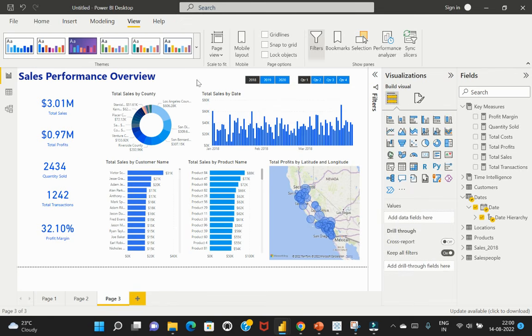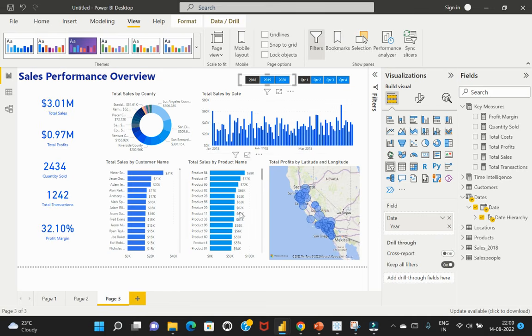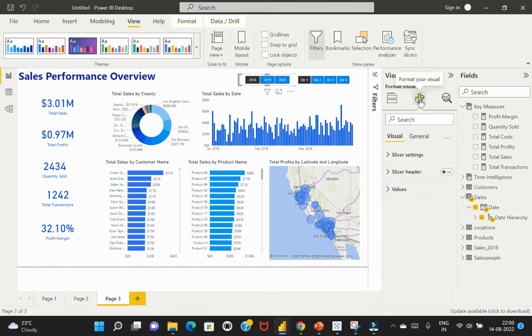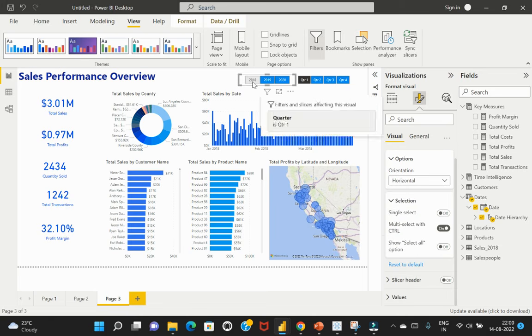Okay, perfect. So now based on my selection, that particular year has been highlighted in a black color, while the other unselected data has been shown in a blue color. Okay, so perfect. So I think my filters are working perfectly as I wish to have. And another feature that I wanted to highlight here is specifically for the slicer, right? If you go to the slicer settings, within my selection, depending on how you wish to allow the filter selections, you would need to come to the selection options and enable those options and disable